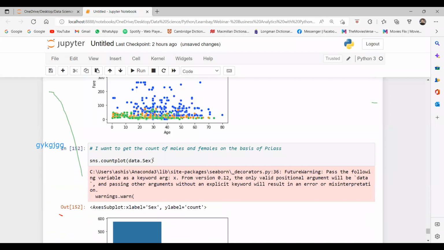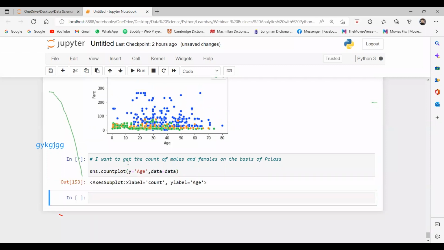Here I can say data. On the y-axis I want age, and my data equal to data, then it won't show me any warning message.